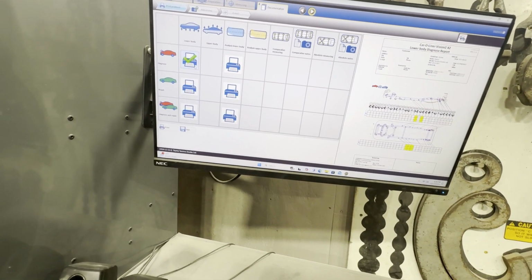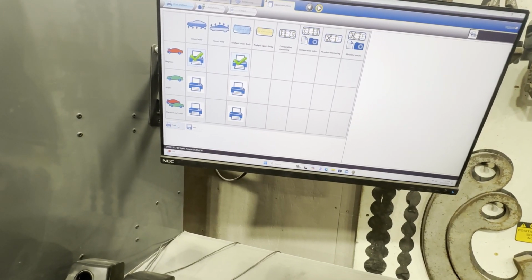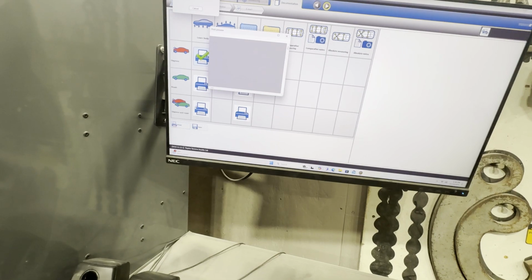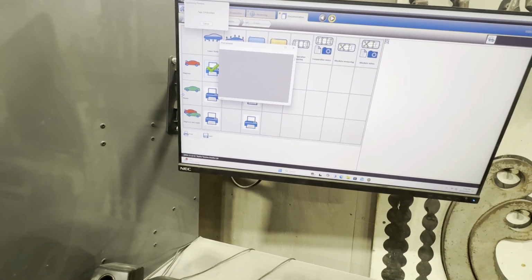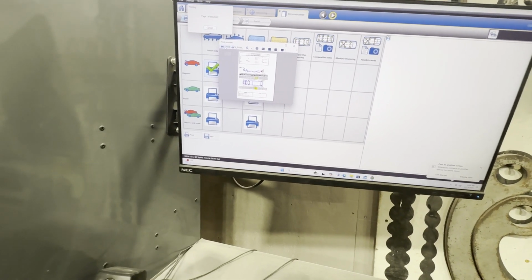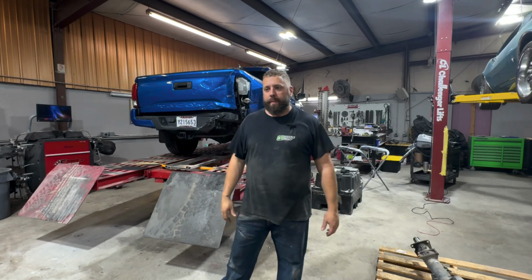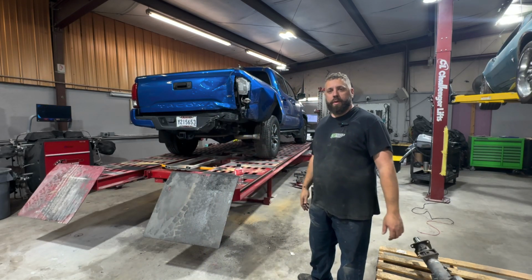We're going to select that, and we're going to go ahead and print those. We don't need to print that one, that's going to show diagnostics. We didn't do any repair yet, so we don't need to print that. We just need to print the diagnostic part. Alright, so that wraps up showing y'all the measuring system